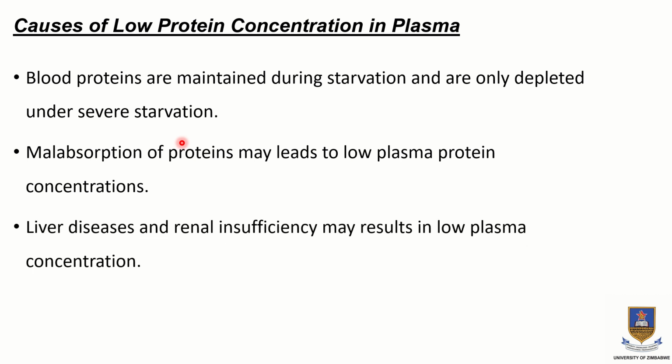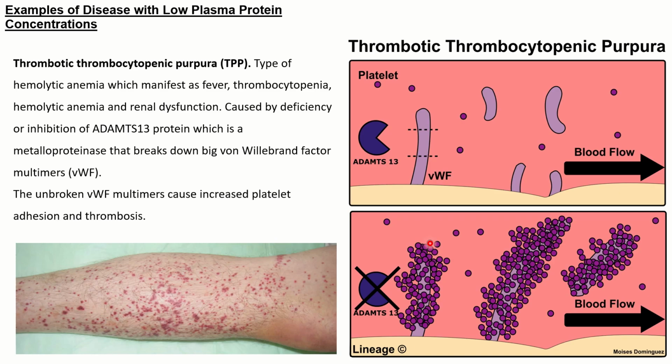Then we have liver disease, right, and renal insufficiency. So we all know that the liver is where most of the plasma proteins circulating in plasma are produced, the same as in the kidneys. So when one has a disturbance in the kidney or in the liver, this may result in low plasma concentrations,